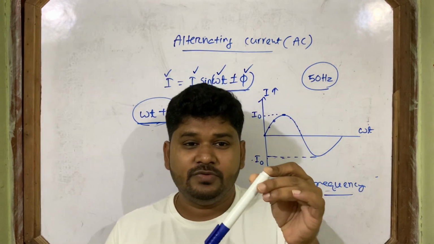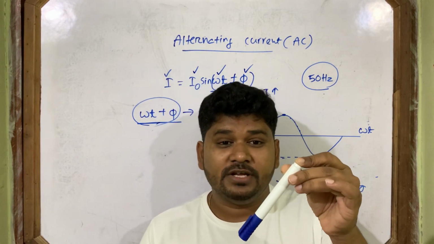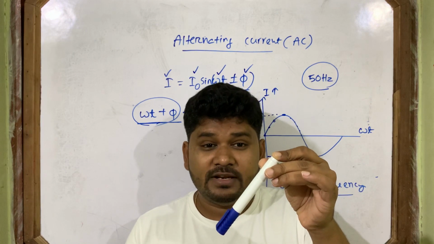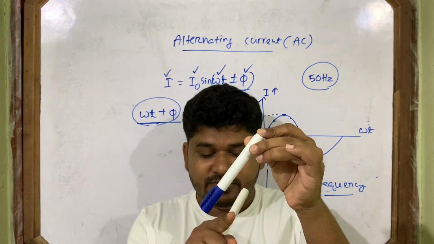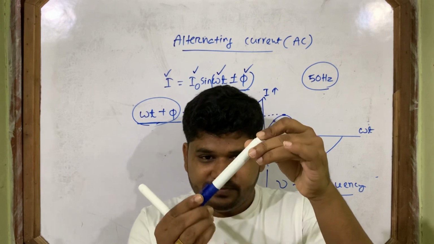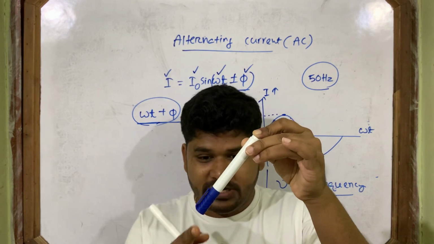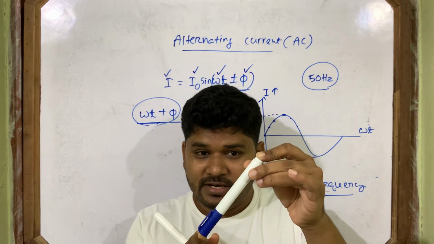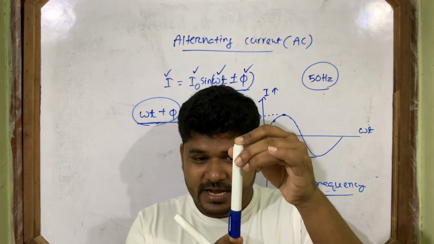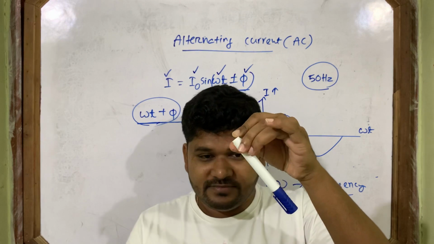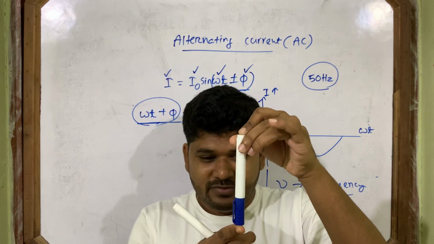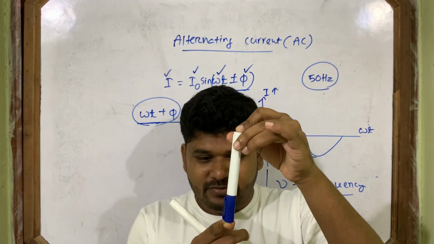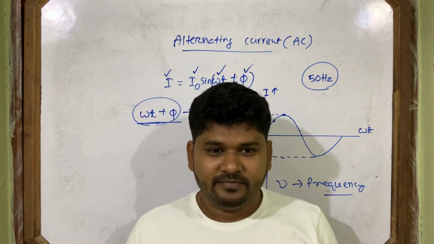Which quantity should we use to know the position of the body? Which quantity will tell us that the body is at a distance of 2 cm from the mean position? If 2 cm, then it's good. But it may be 2 cm to this side, or to that side. To which side?